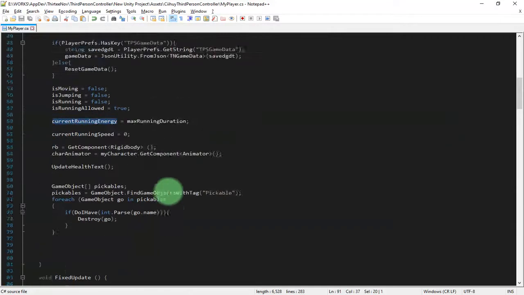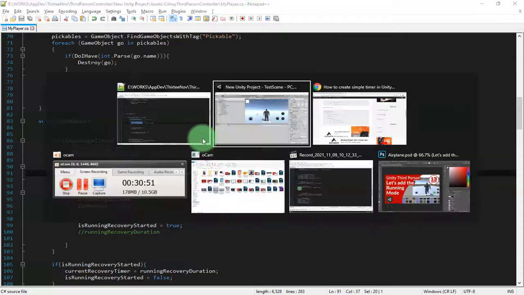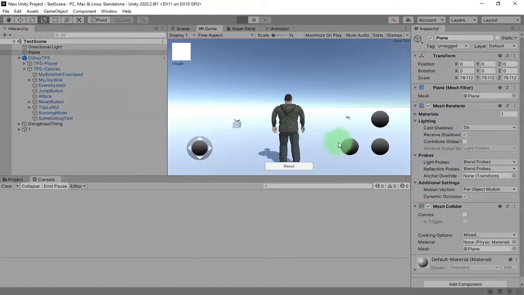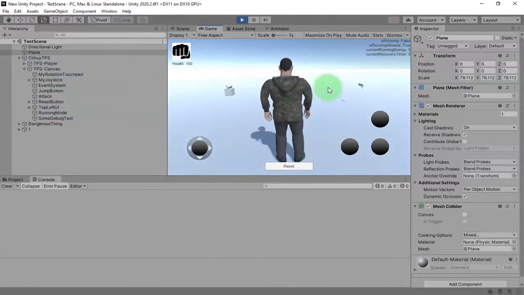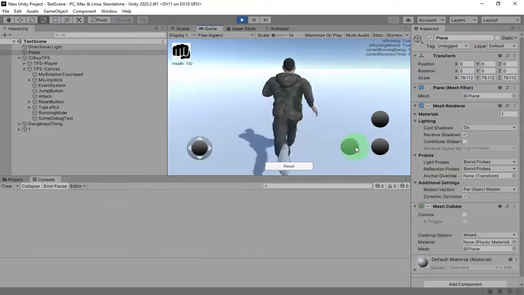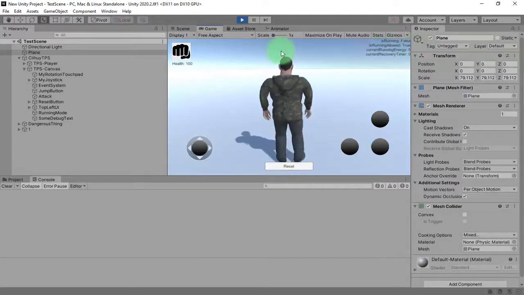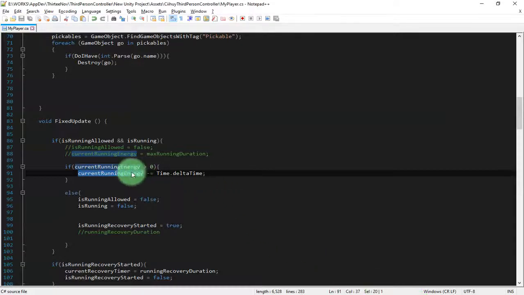I need to find out why. Is running true, is running allowed true. Now both is running true and is running allowed true. This running energy must decrease. But why is it not decreasing?